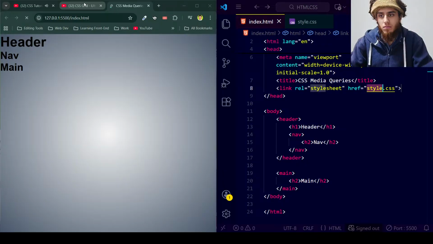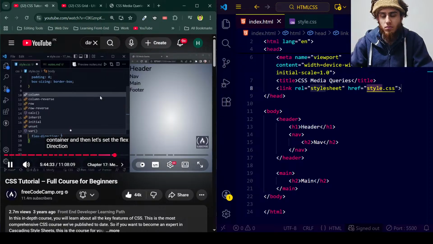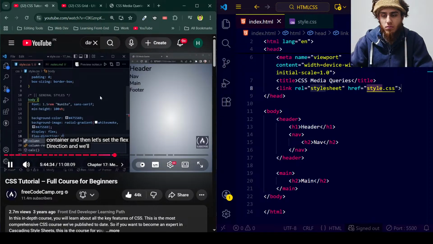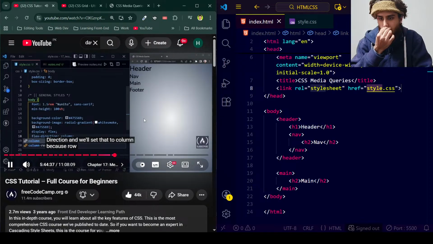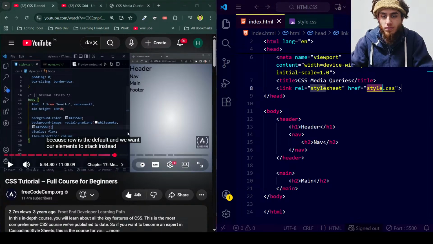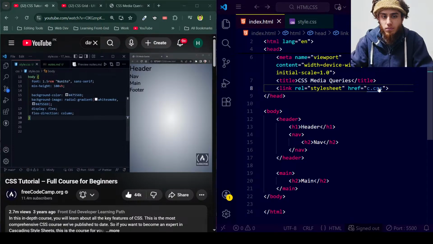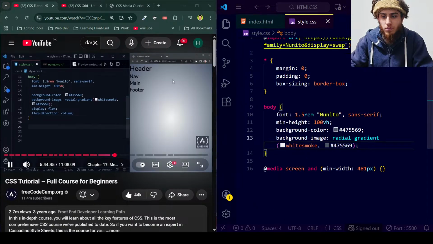Let's make our body a flex container, and then let's set the flex direction, and we'll set that to column because row is the default, and we want our elements to stack instead of being a row. I'm going to scroll for a little more room, and now let's go ahead and identify each piece here. We have a header,